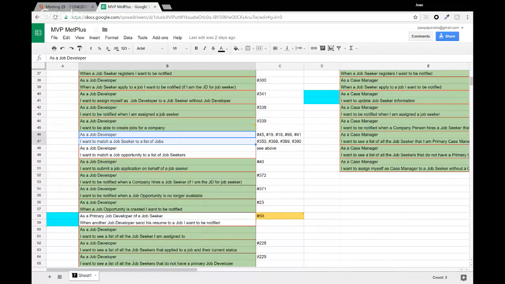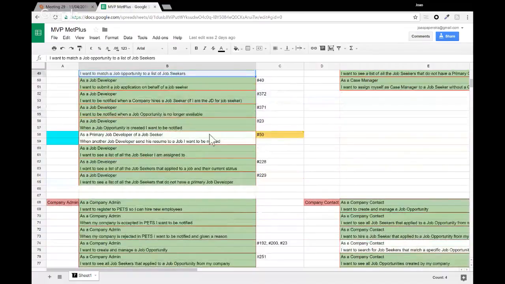You want to find jobs that are appropriate, or more suited, for a specific one of your job seekers. These are the bigger stories that we are missing: matching a job seeker with a job and a job with a job seeker. So these are the two pending tasks here.